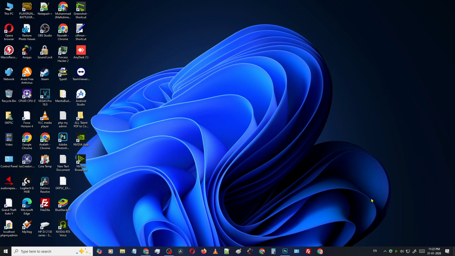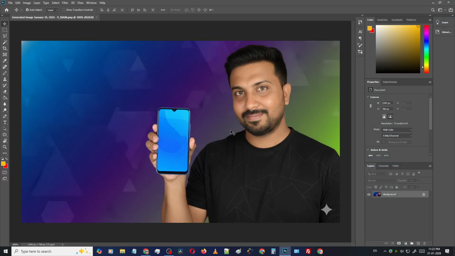Okay, that's very simple. Open your Photoshop, open your image. You can see here it is created by Google Gemini, and you can see here that the image logo is there. Okay, and we can simply right click here, then